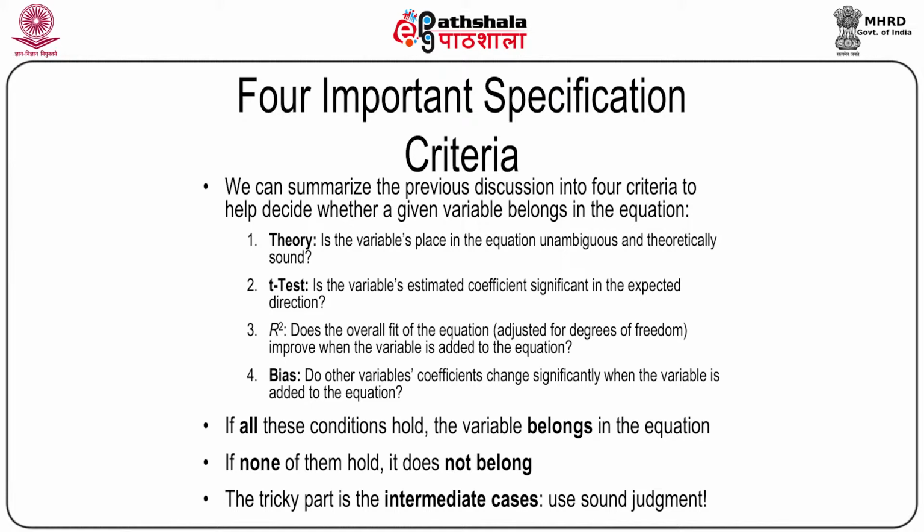Third, you have the measure of adjusted R square. Does the overall fit of the equation, adjusted for degrees of freedom, improve when the variable is added to the equation? And finally, regarding bias, do other variables' coefficients change significantly when the variable is added to the equation? If all these conditions hold, the variable belongs to the equation, and if none of them hold, it does not belong to that equation. The tricky part is the intermediate cases, which use sound judgment,